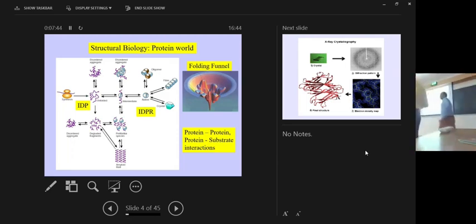Okay. So this is the protein world. Here you have the ribosome. Synthesis of the protein chain happens, which comes out as an unfolded protein to begin with. And of course, you will see many of the so-called intrinsically disordered proteins also belong here. Okay. And then the unfolded protein has different fates. It can aggregate in a disordered way, or it can get broken up into pieces, or it can go through